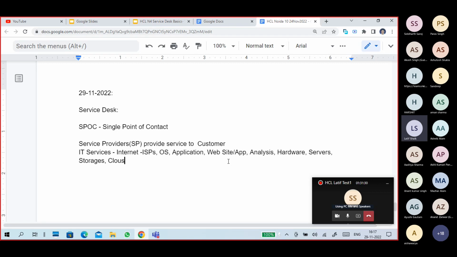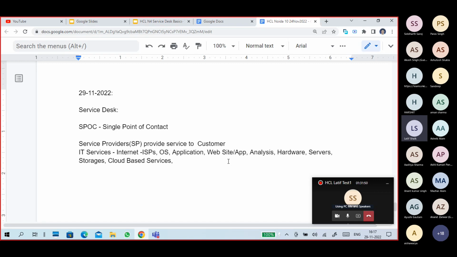cloud-based services, like public cloud services, infrastructure as a service, platform as a service. Like I'm using Google Docs, right? It is Google Docs.